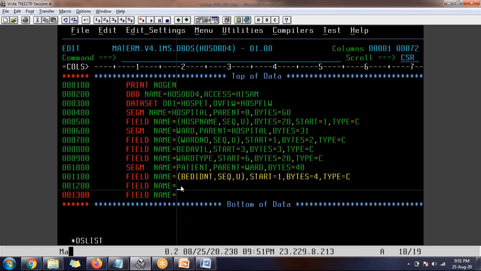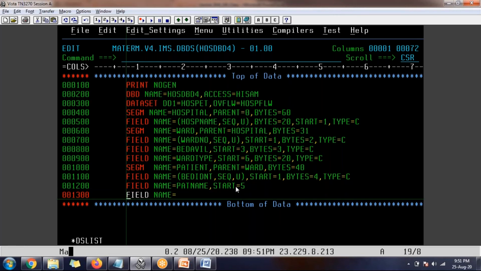Next, patient name, start is equal 5. Why is it 5, team? Because the first 4 bytes I already used for the bed identifier. One doubt here, Venkat.